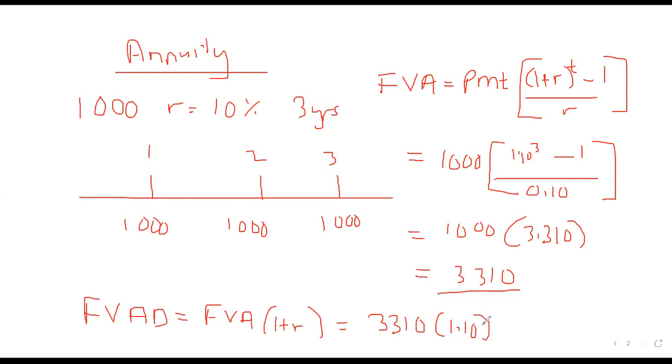Since our interest rate is 10%, if it was 9%, we would multiply by 1.09. So in this case, 1.10 times 3,310, we get 3,641. So this is what we call a future value of an annuity due. I repeat,